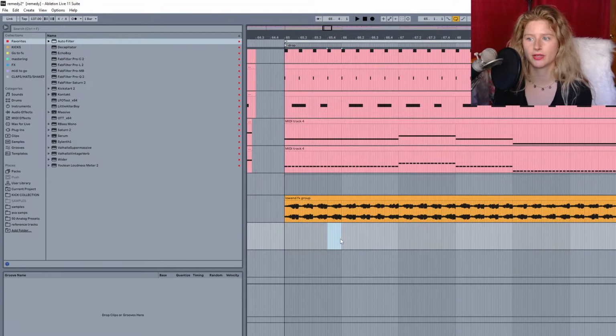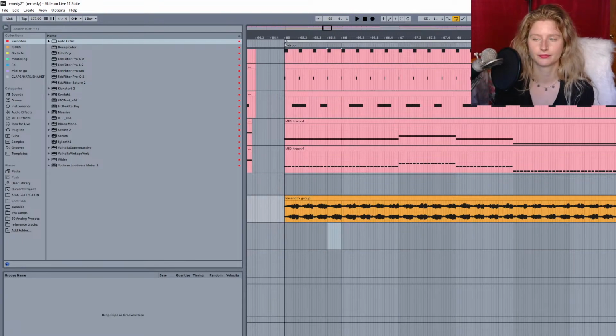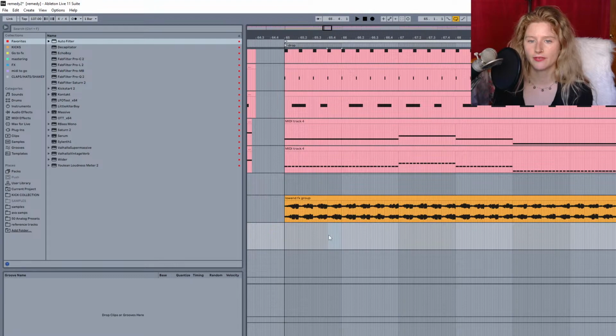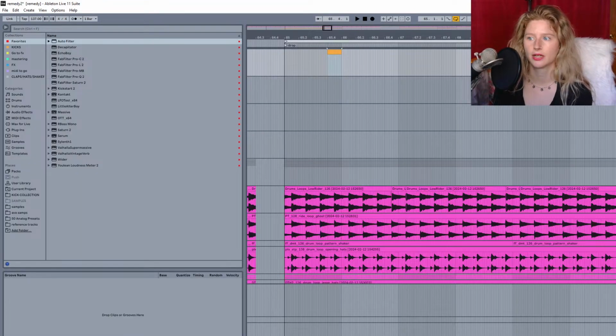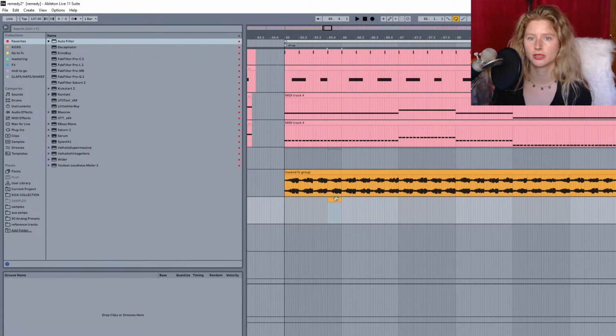Here is always a good place. At the end of these little phrases, because we're accentuating the next part. I'm just making little notes, little markers. But for a bigger change, a transition, we could also have one when it lands.